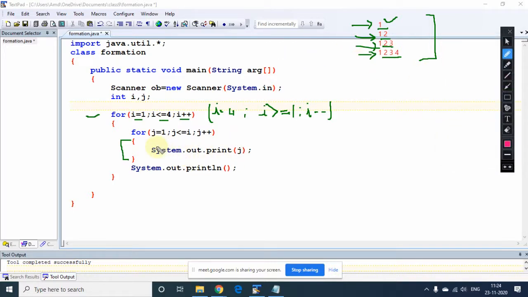Right? So now as you can see here, the starting point in j means j has to start with 1, because inside this inner loop we are printing j. So every time, according to the question, we are supposed to print the variable whose value starts with 1. So that is why j has to start with 1. And after starting from 1, j is going till I.